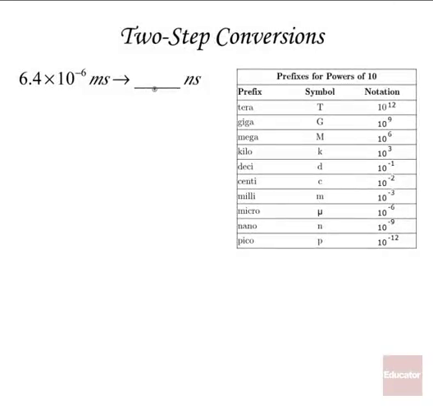Let's take a look at a two-step conversion. Sometimes you might have to do this in a couple different steps. If we want to convert 6.4 times 10 to the minus 6 milliseconds to nanoseconds, I start by writing what I have, 6.4